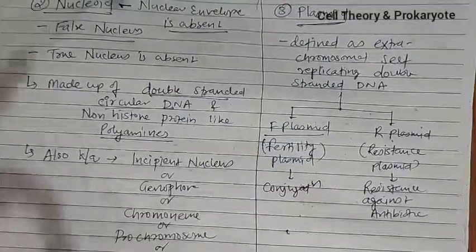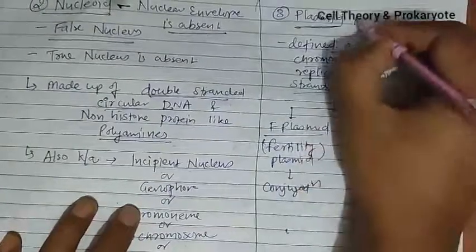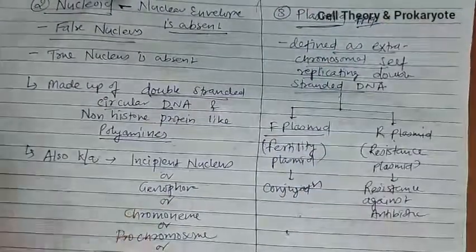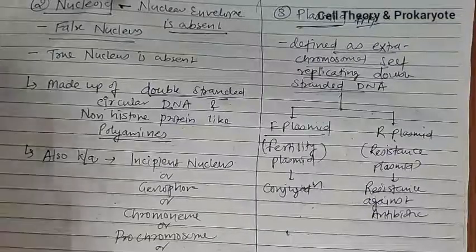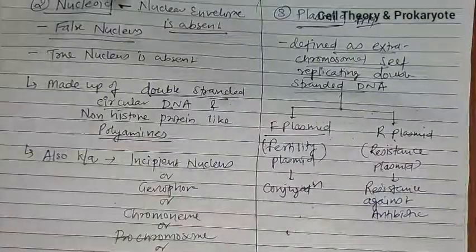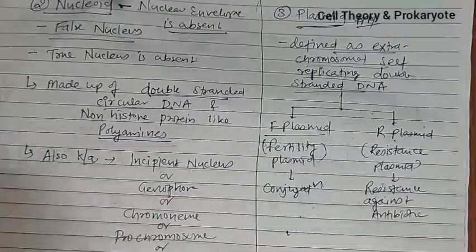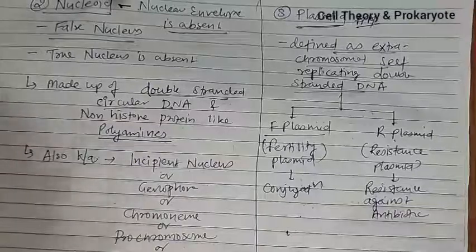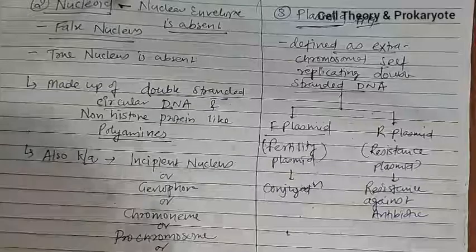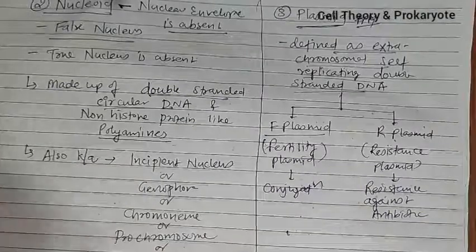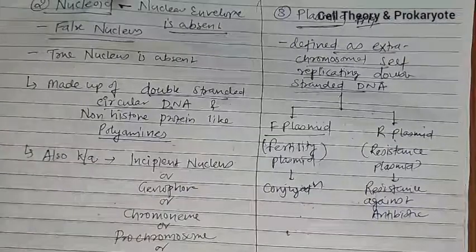So remember to learn this particular definition of plasmid, because from this definition only, questions were asked 2 times in case of NEET. So remember what is plasmid? It is the extra chromosomal double stranded circular self replicating DNA. Extra chromosome. Why is it named so? Because it is extra to the nucleoid, and nucleoid is also known as single chromosome, as we have seen. So it is extra to the nucleoid, because of this it is known as extra chromosomal. They can replicate itself, and it is made up of double stranded DNA.